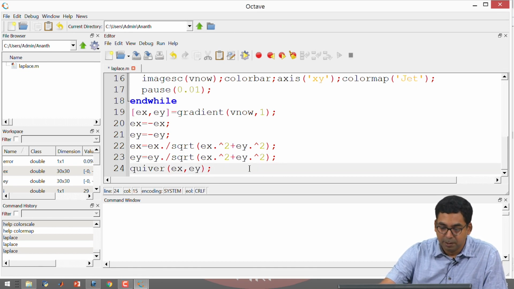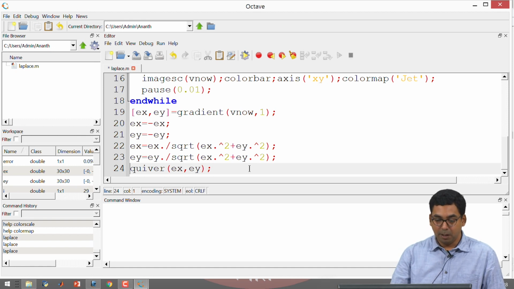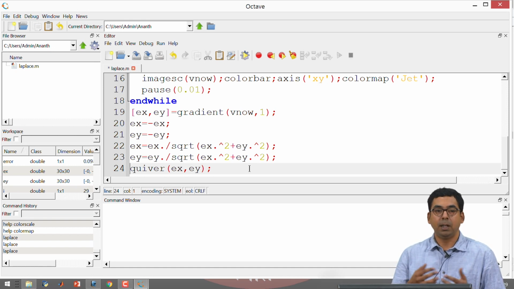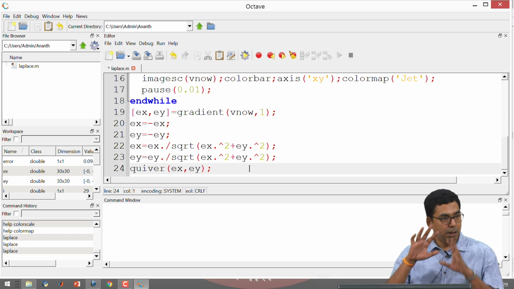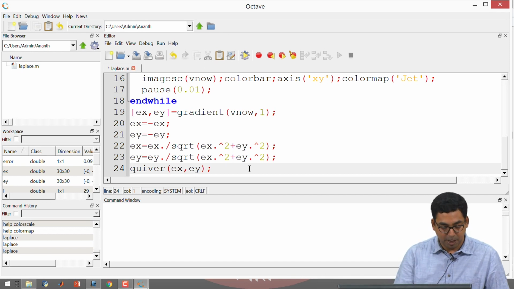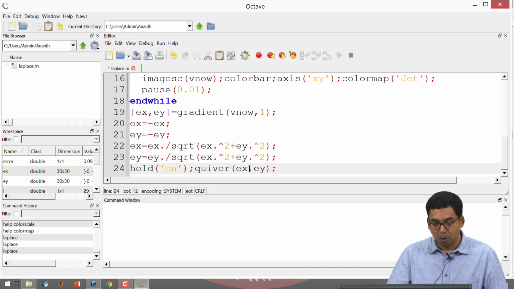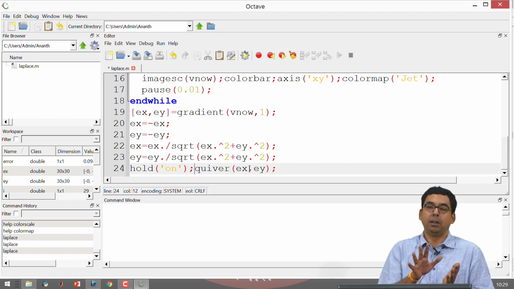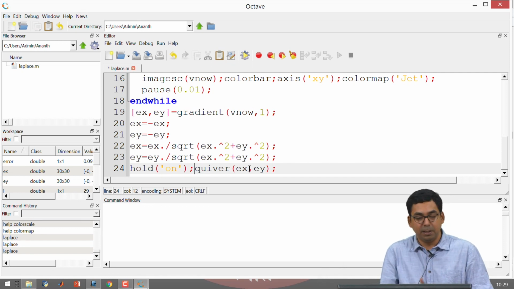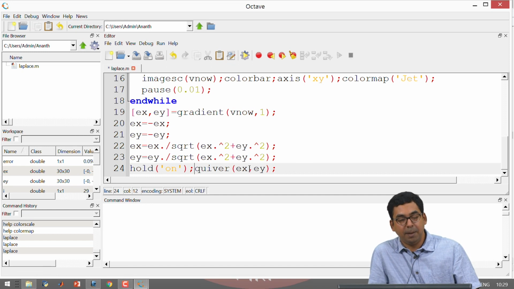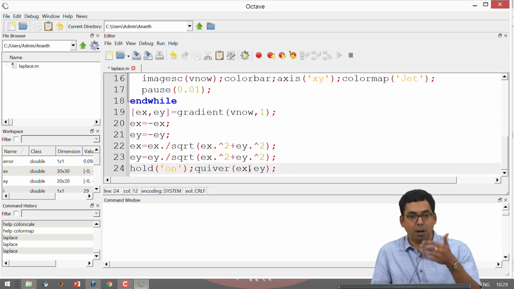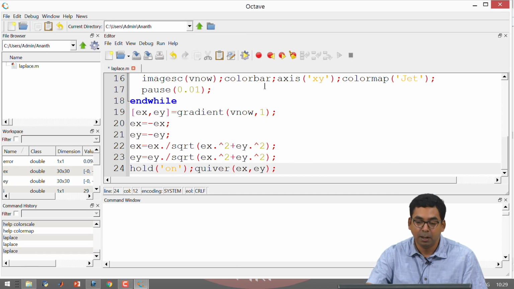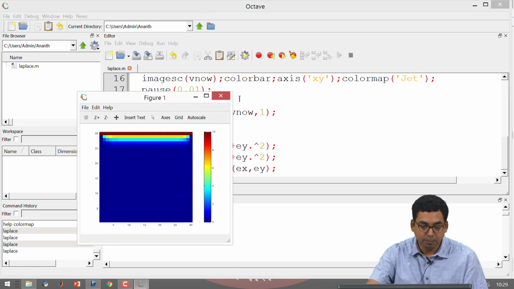Okay. This is one part, and the other part is I wanted this to be on top of the voltages that I have calculated using this colorful plot. So, I am going to write a command saying hold. Hold on allows me to take the last plotted graph and then add more contents to it. In this case I want to have an image plot of the voltage, hold it, and on top of that place these quivers or the arrows for the electric field, right. So, I am going to run this.